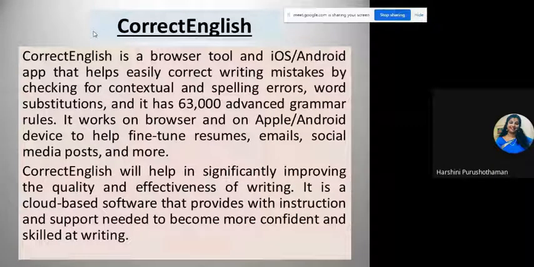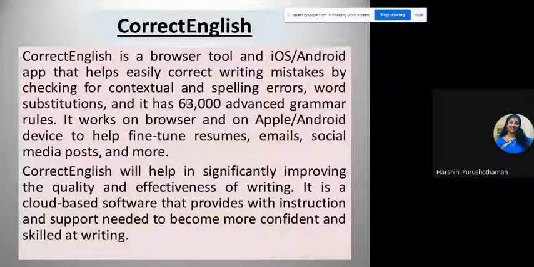The next tool is Correct English. Correct English is a browser tool with iOS and Android apps that helps easily correct writing mistakes by checking for contextual and spelling errors and word substitution, and it has 63,000 advanced grammar rules. It works on browser and Apple and Android devices to help fine-tune resumes, emails, social media posts, and more.